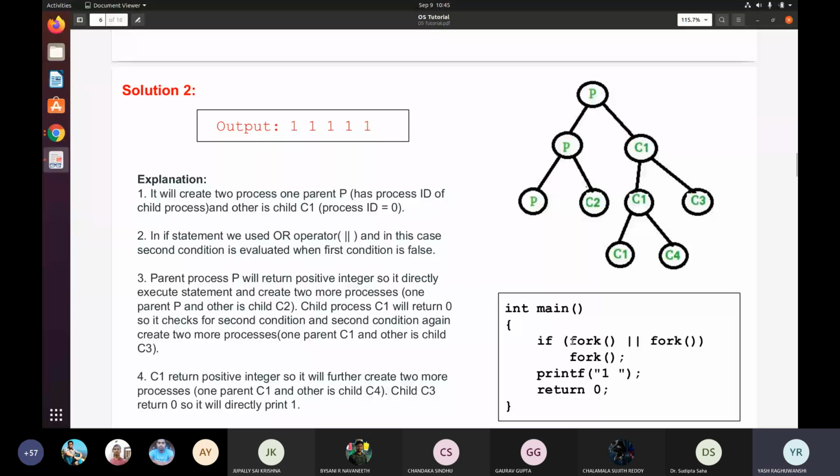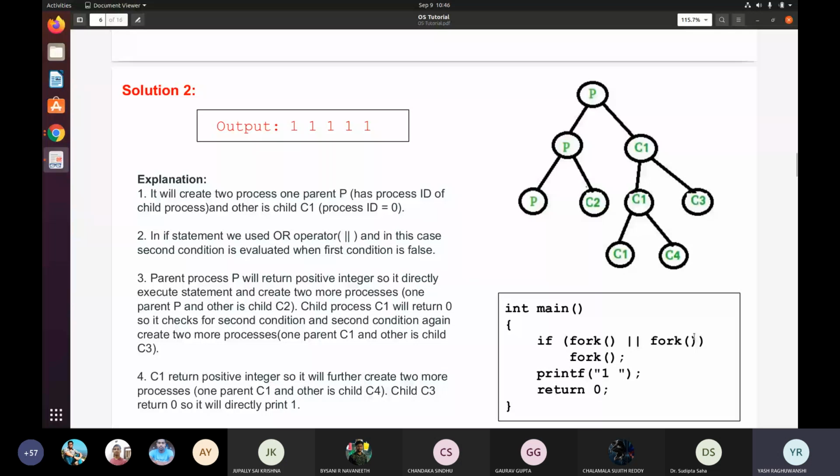So what it will do here, it will go to this fork. This fork again generates two processes, first child and another parent. For the child process, the total value of this thing will be 0, so it won't go further. It will directly return 0, after printing 1.